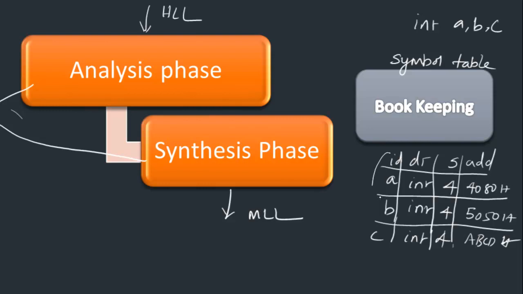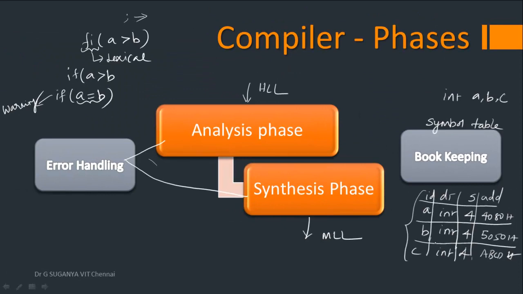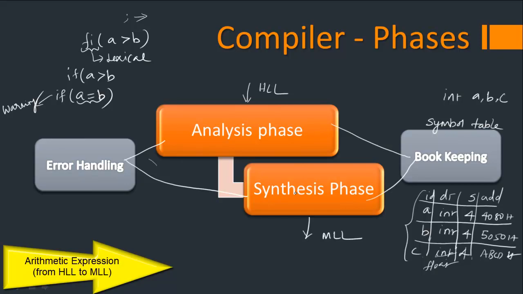This will get created during the lexical analysis phase and will be updated as details are modified. Let's say in your semantic analysis, you want to convert c to float for some reason. It will be overwritten by float. So this will be created by lexical analysis, but will be modified and updated and will remain till the last phase. So these are the 2 important phases that will be coordinating with all the 6 phases of the compiler. Hope you got an overview of the process of converting a high-level language program into machine-level language.